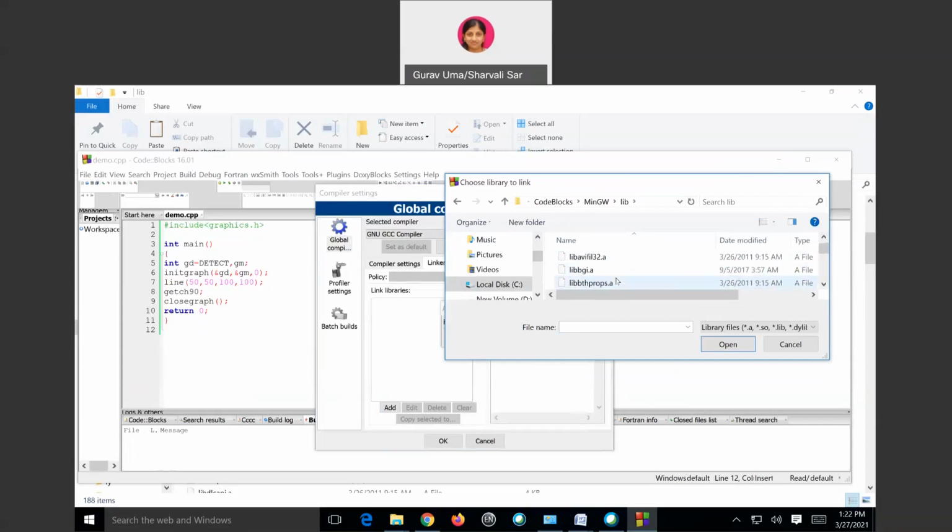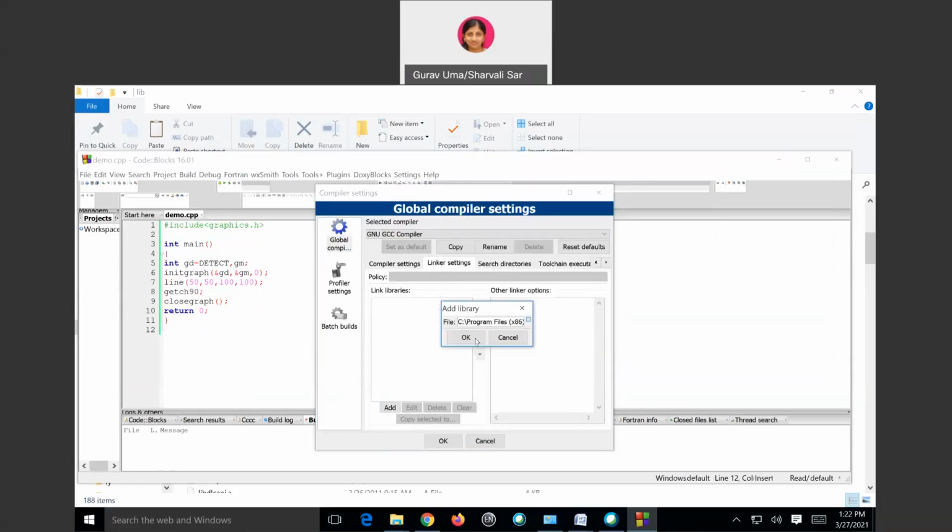Now see, where is that file? See, here it is, file libbgi.a. Now open that file and click on OK. So see, the file gets added. Now the next step is, on the right hand side,